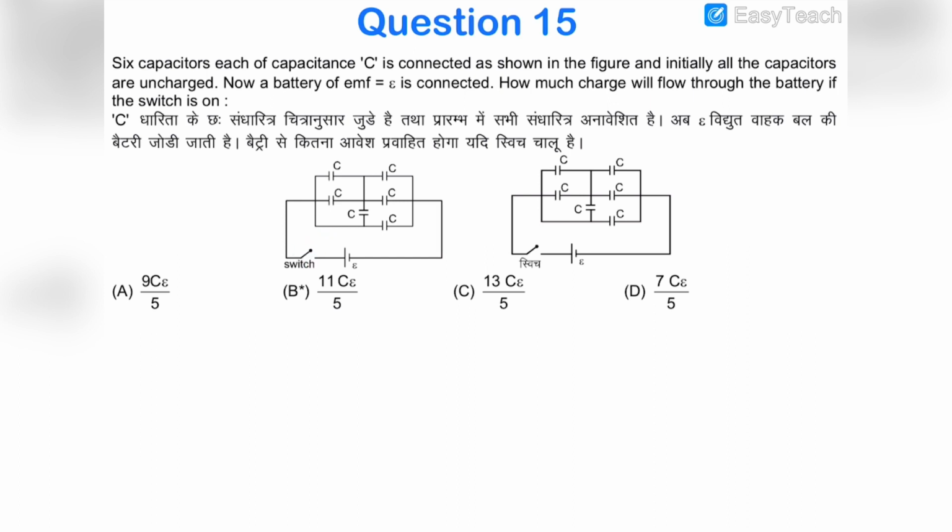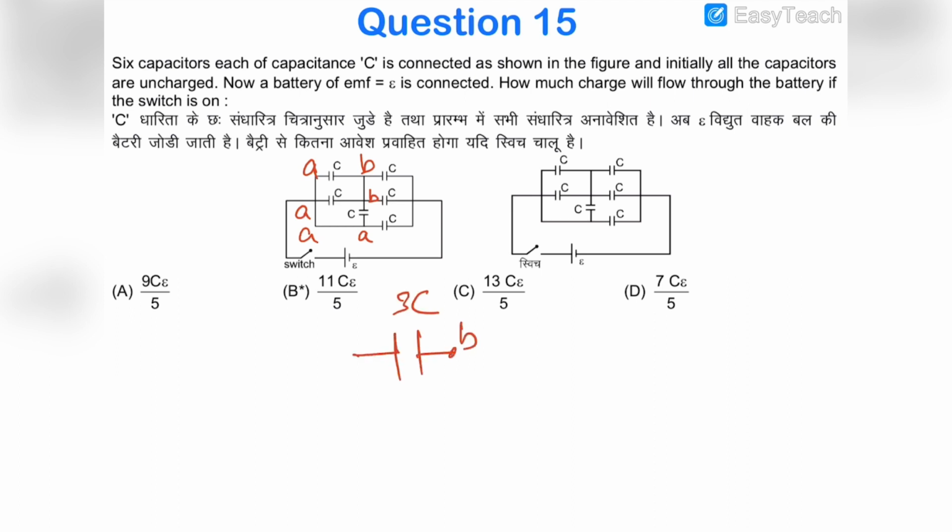So obviously this is a very easy question. We can redraw the circuit. We can see that if this point is A, this is A, this is A, this is A, and if this point is B, this is B. So you can see that this has terminals A and B, this has terminals A and B, and this has terminals A and B. So they all are in parallel, and their parallel combination would be 3C,